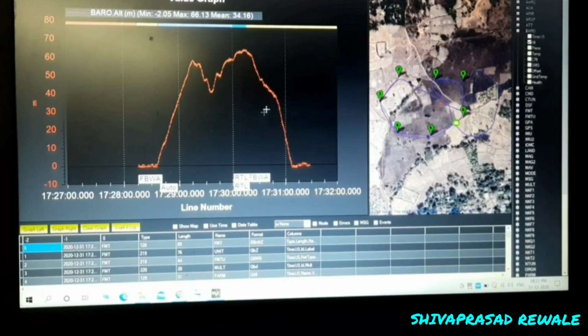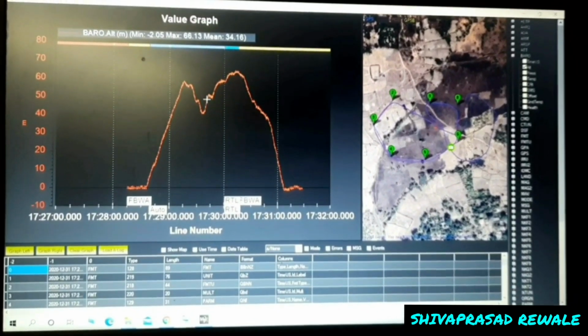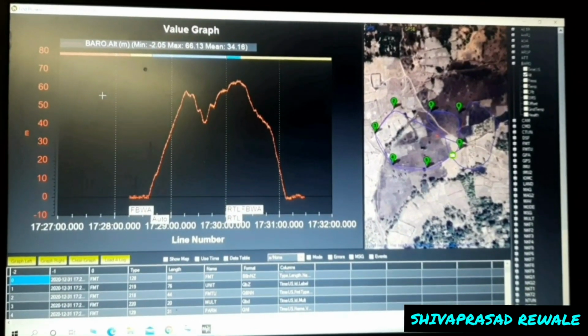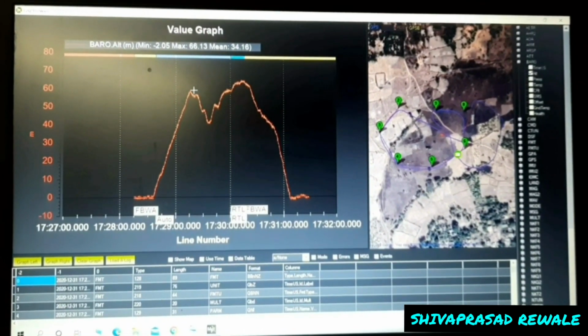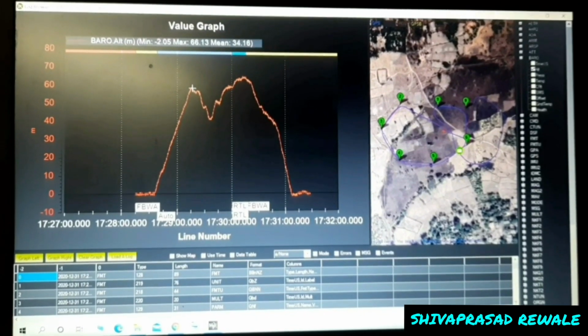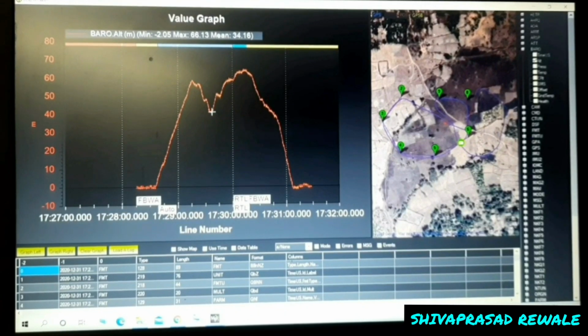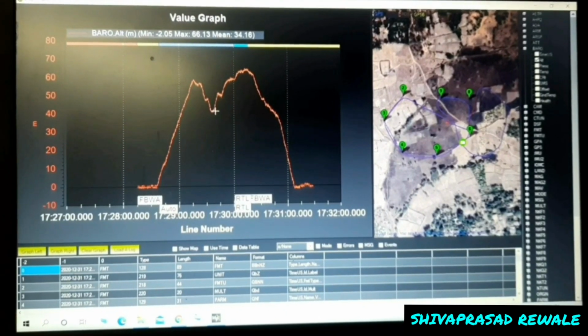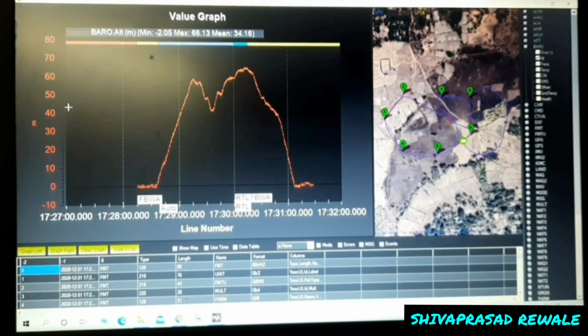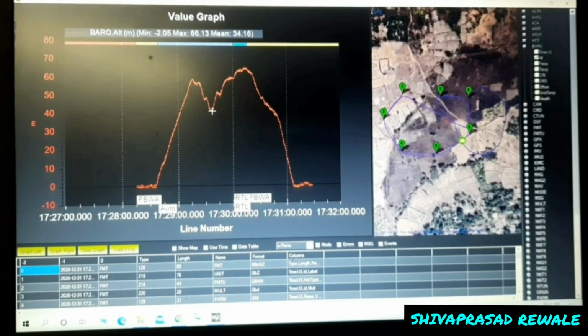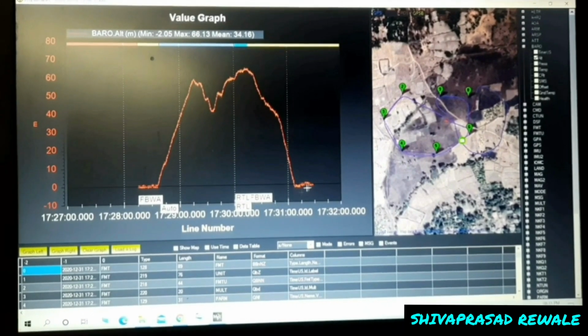After the flight, we just go through the log files. I have opened the barometric altitude graph. So you can see at waypoint 1, the altitude was approximately 65 meters. So we are able to get it. Again at waypoint 6, where the payload is dropped, our required altitude was 40 meters. So it is approximately 40 meters. And then it continues the further flight.